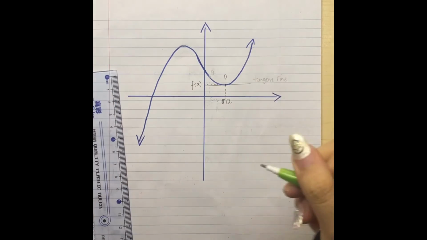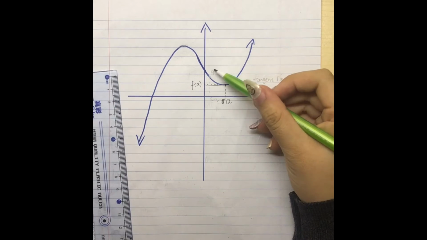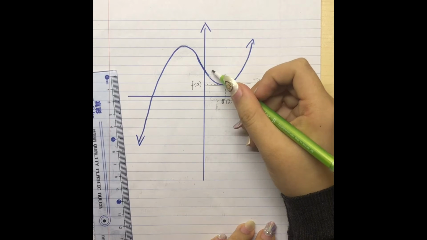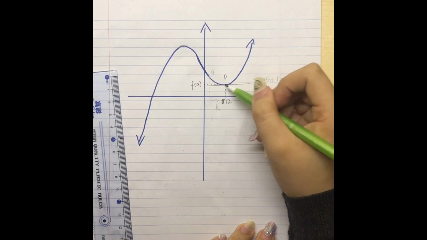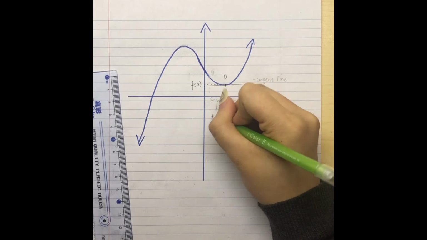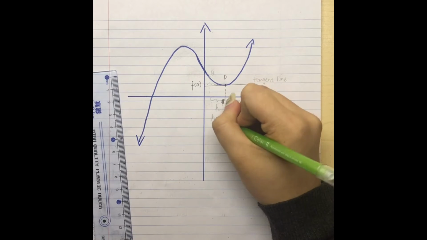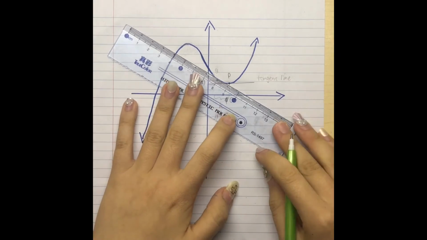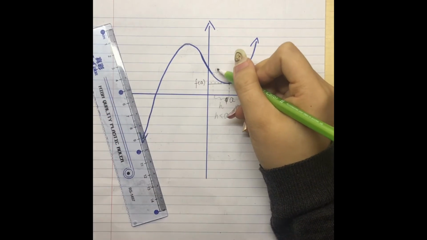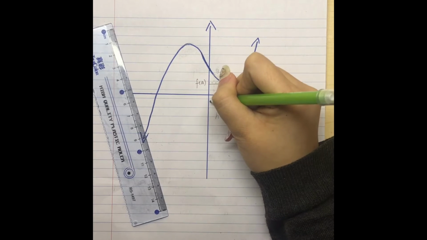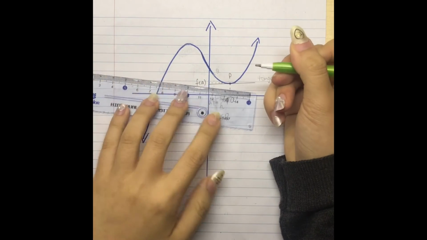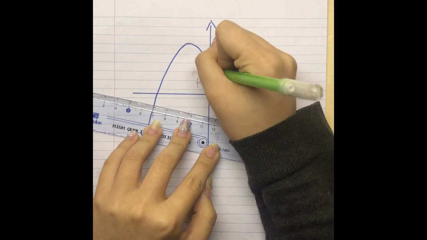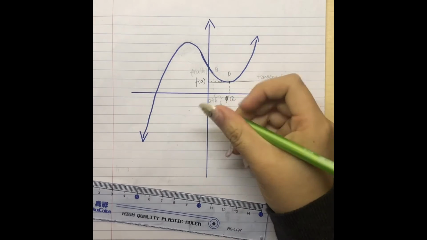The distance between the x value of P and the x value of Q, we call this h. Because point Q is to the left of point P, h is smaller than 0. So we know point Q's x is a plus h, and y is f(a plus h). Then